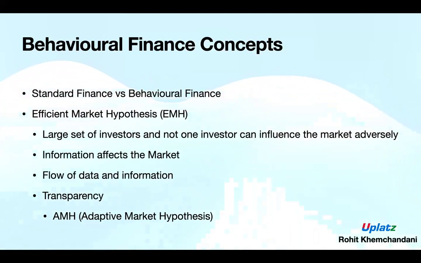Now we'll discuss the efficient market hypothesis. A large set of investors, and not one investor, can influence the market adversely. We can say that information affects the market, and we'll talk about the flow of data and information as well as the transparency of risk, which we have discussed. So EMH is based on the notion that it is impossible to beat the market. In this market, share prices follow an independent path. It is associated with the idea which was traced